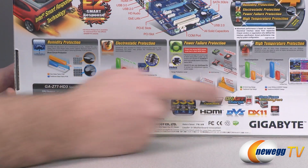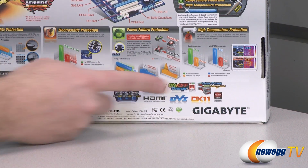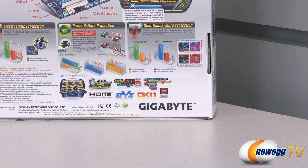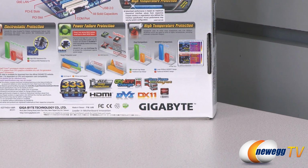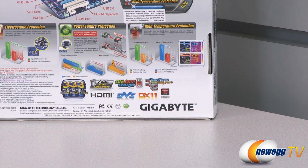One fuse per USB port. Some other features like that GIGABYTE has worked in. Oh, I should also point out you do get two-way Crossfire X. You can also support two-way SLI configurations on this motherboard,